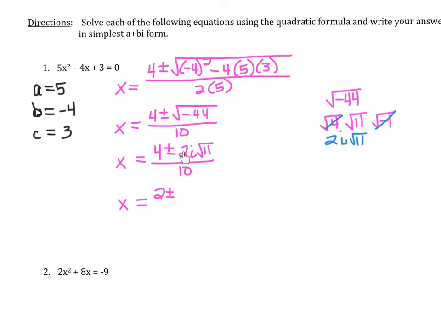If I divide 2 by 2, that'll give me 1. So I could write 1i or just i, and then bring down the radical 11. And then 10 divided by 2 is 5. Now, if the directions just said to solve, this would be fine. But because they want it in a plus bi form, what they want you to